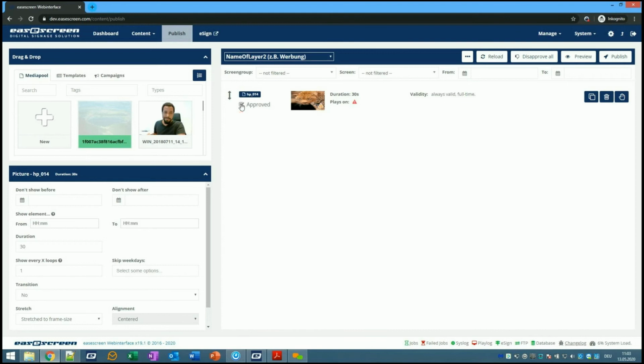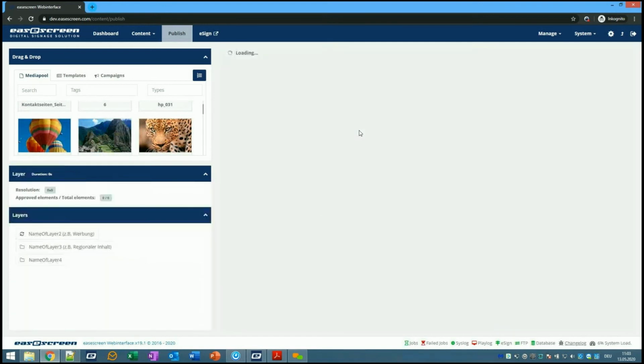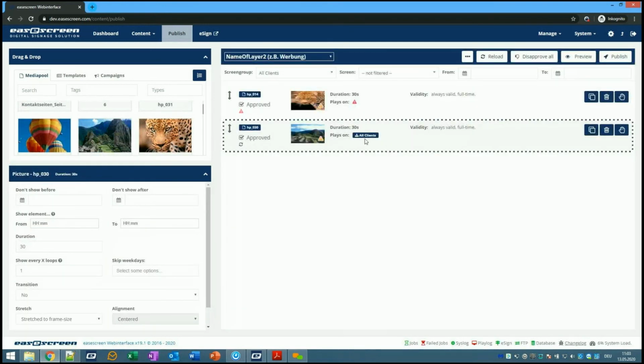This is again a thing to speed up the process of content creation, of content distribution. It also gets automatically added to the screen groups you select here. So as this element, as I hadn't selected the screen groups, it didn't get one here. You get the information the screen group is missing. If I select all clients and then another picture, maybe this one, it automatically gets added to this group. So this is again one thing to speed up your workflow. We really tried, this is one of our main goals with the web interface, to speed up your workflow, to